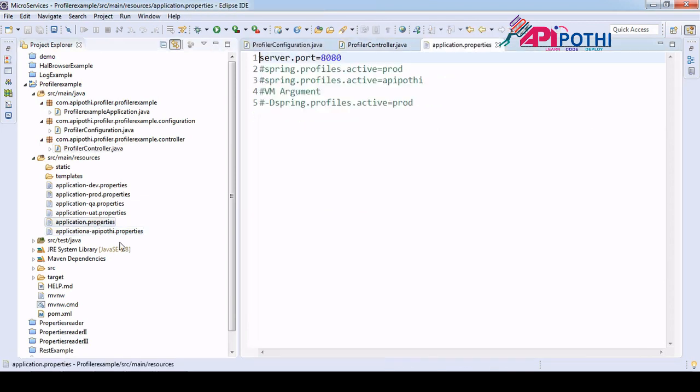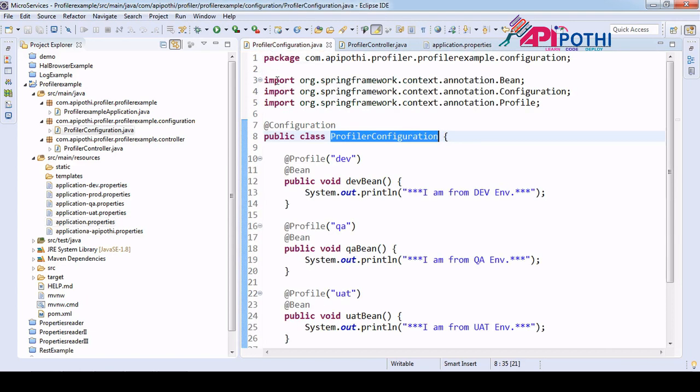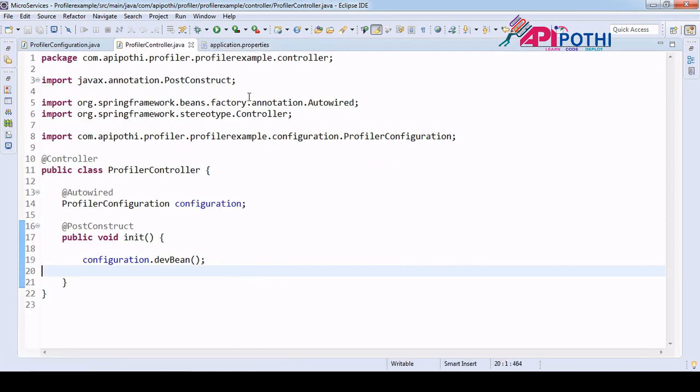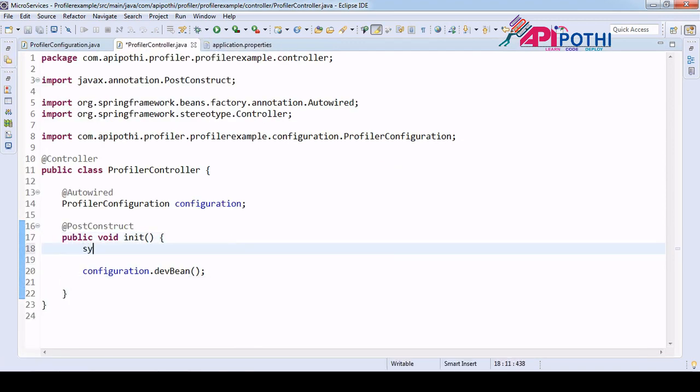Now coming to the application.properties file. Here I am activating dev. Okay, and let me have some log here also.